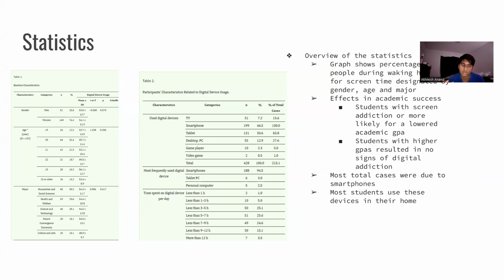That's a lot. And as you can see, that lowers the academic GPA of these students just because of the fact that they're spending more time on their phones on the junk that really does not prepare them for the next level. And this has been proven in the same article that I was reading, because the people who don't have these disorders are people who typically have higher GPAs. And these test cases were caused by smartphones, which makes sense because for college students, the most likely devices to be causing this are the smartphones. And they're mostly used in the home as well. So that also inhibits people's outdoor activities.